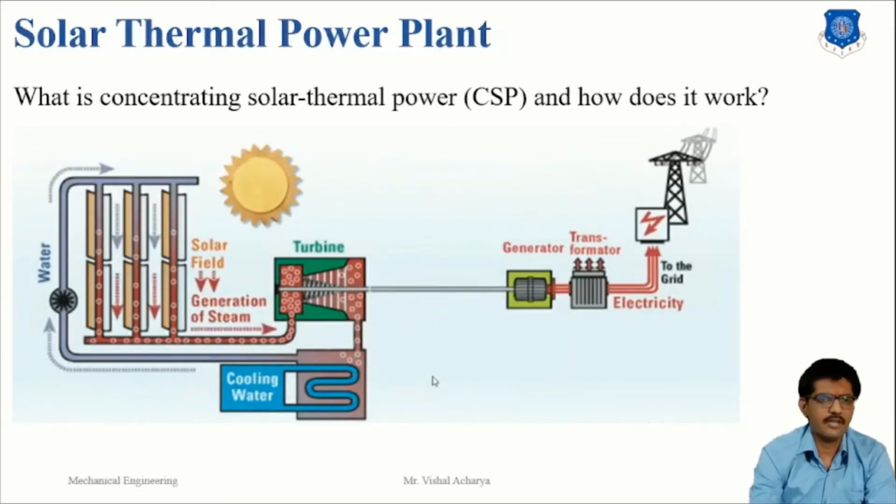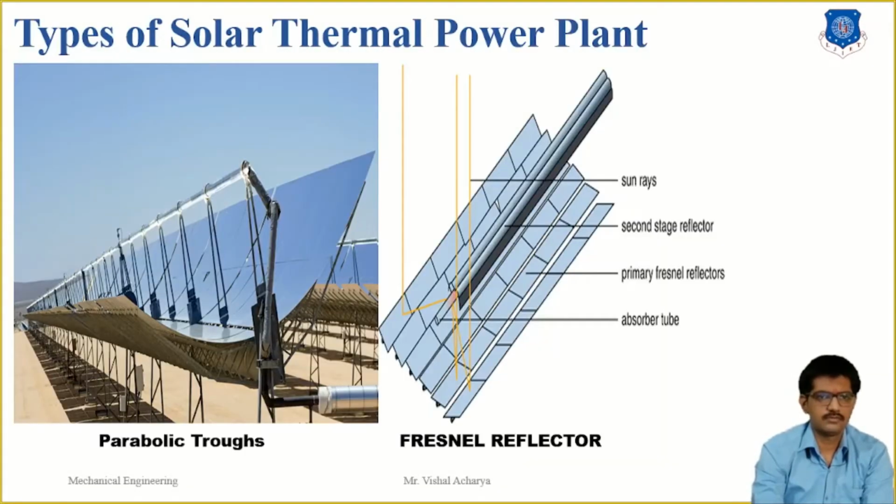Second, types of solar thermal power plants. There are several different types of solar thermal power plants. They are all the same in that they utilize mirrors to reflect and concentrate the sunlight on one point. At this point, the solar energy is collected and converted into heat energy, which creates steam and runs a generator. This creates the electricity.